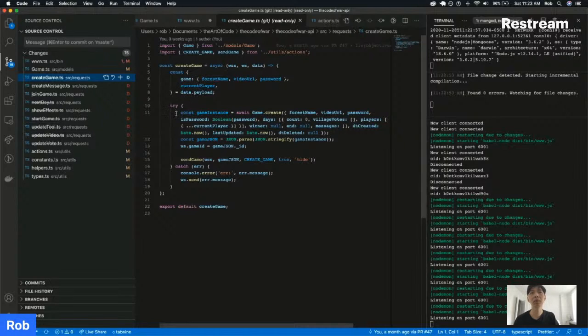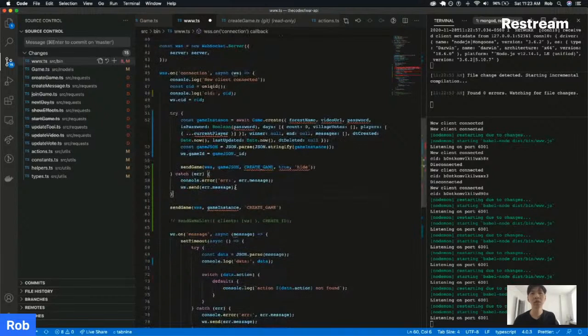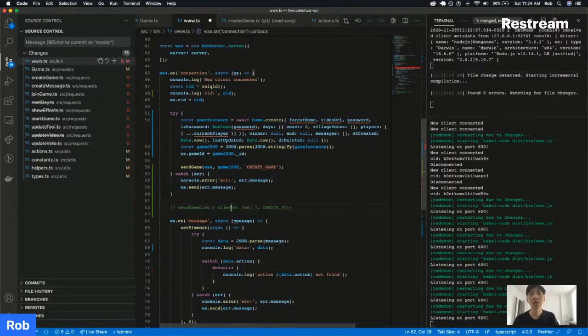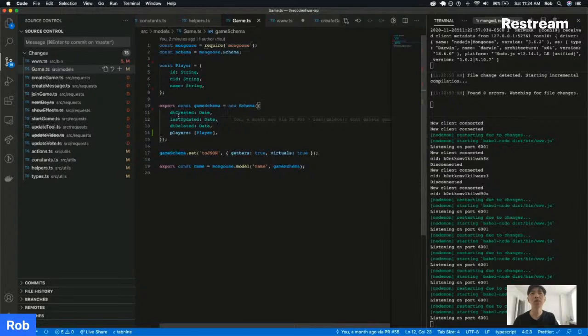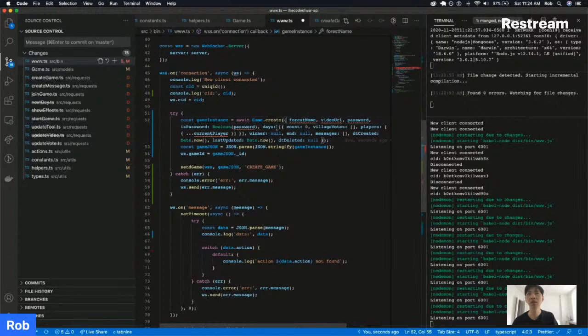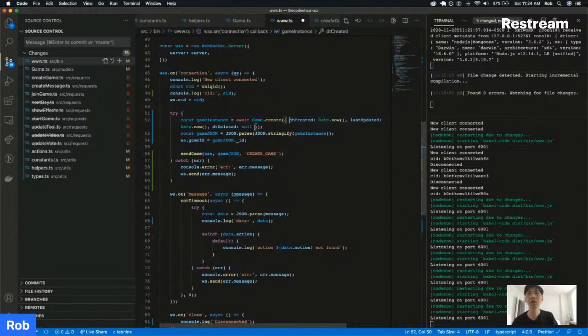Game, first name, video, payload. So right here. Okay. What do you know? That looks familiar. So delete that. This will become a string. Okay, delete that. All right, so there will not be a first name, but there will be just DT created, last updated, and a players array, which will be whoever connected. Yeah. So I could delete all of this really from here to here. We've got DT created, last updated, DT deleted, and the players is going to be